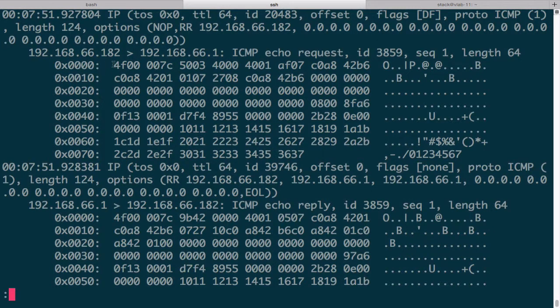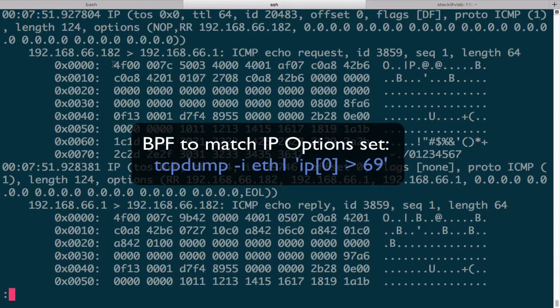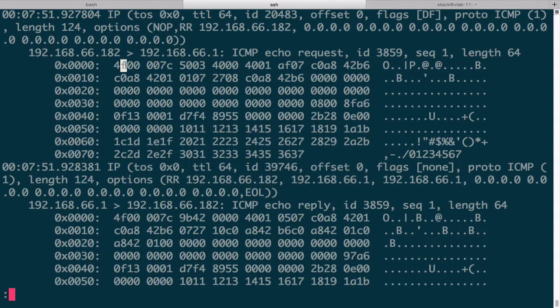So now we're going to go back to this IP datagram, and we see it's an ICMP echo request. What we're trying to do here is show you how we know that an IP packet contains options. Well, we talked about the internet header length earlier, and we're talking about that again right now. Remember, the first nibble, the first 4 bits, is the version number. The second nibble in the first byte is the internet header length, which is the number of 32-bit words inside